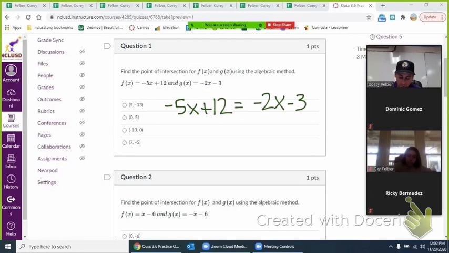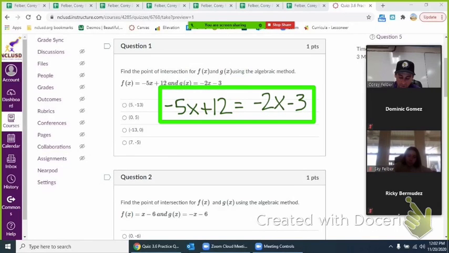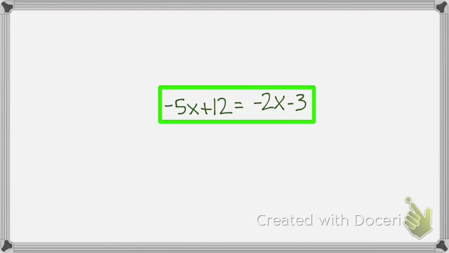And then solve it. So this is what I want to know: have you guys done stuff like this before, where you take one equation, you put it equal to the other one, and then you get x by itself, and you do all that stuff? Have you guys ever done this before? Okay, so I'm going to make something,